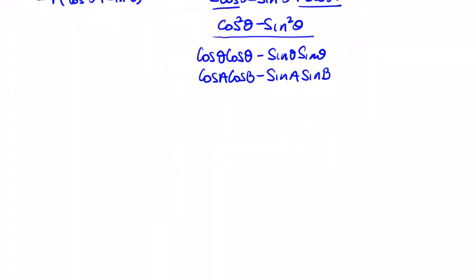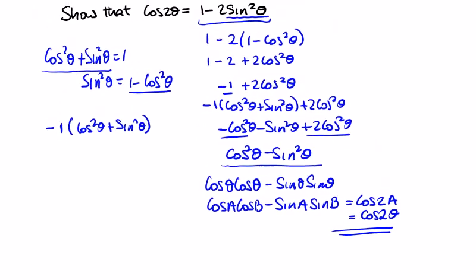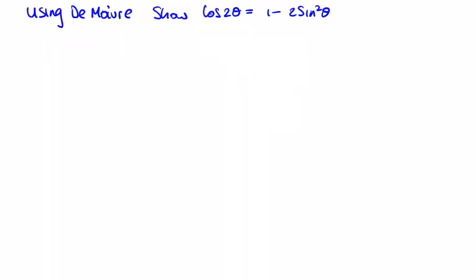So that's going to be equal to cos 2A, or cos 2 theta. So that's another way to solve this question. You could be asked to use De Moivre to show this. Now, the key to using De Moivre is how do we get cos of twice the angle with De Moivre? Well, if we just have cos theta,